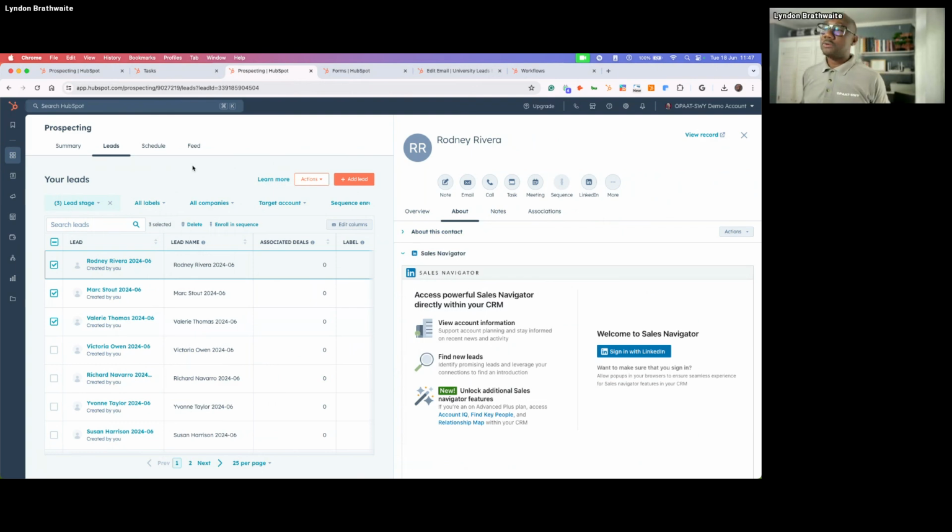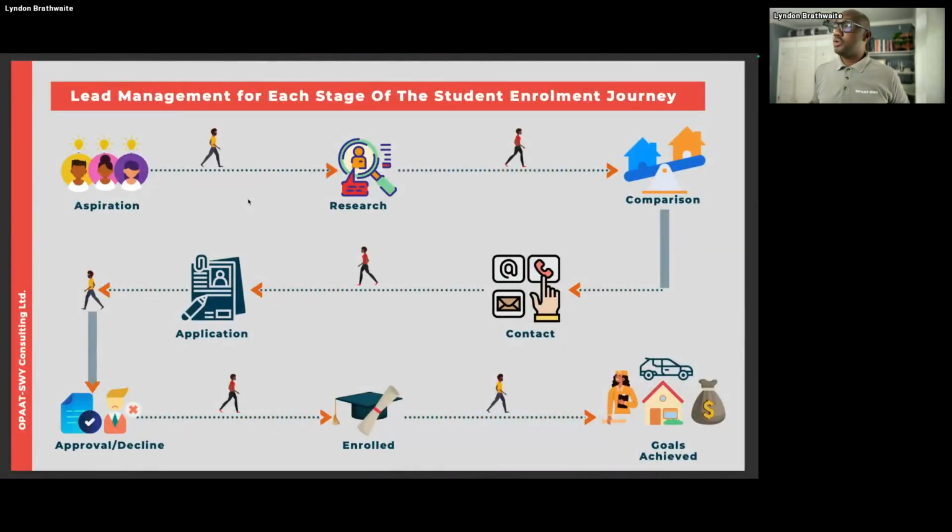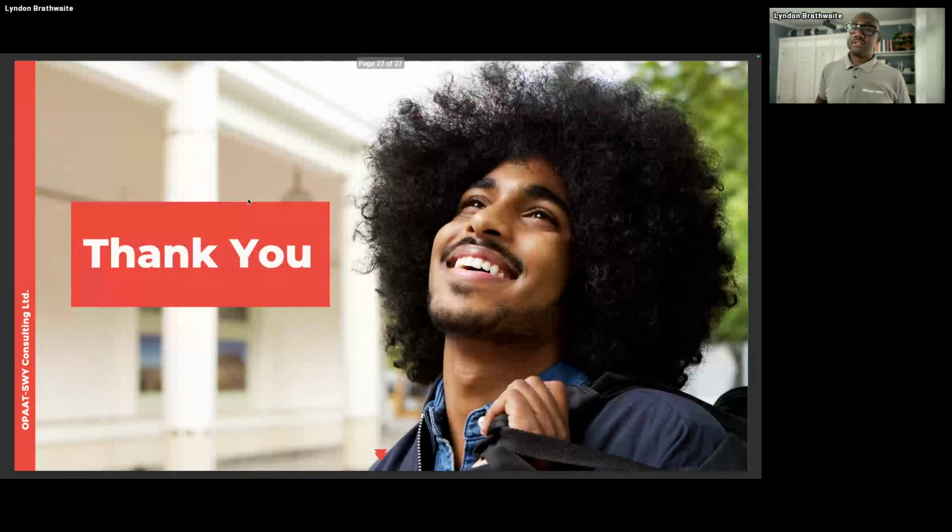Yeah. So if we were to go back here, I think this would be the last part of the slide. All right. As I said, I want to just keep it concentrated as it relates to lead management. So we spoke about why it's important and what it is. We spoke about examples of people losing money because they're not managing their leads. And then we looked at the different instances where you can use tools inside of HubSpot to better manage your leads. We spoke about a couple of scenarios. We looked at some areas within HubSpot that help you do that.